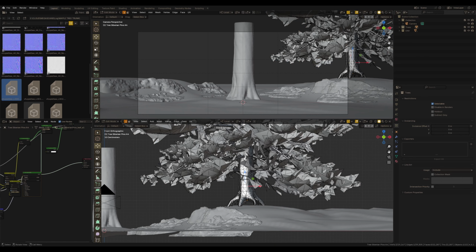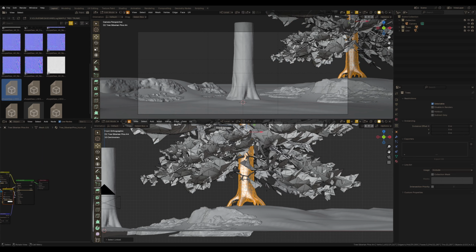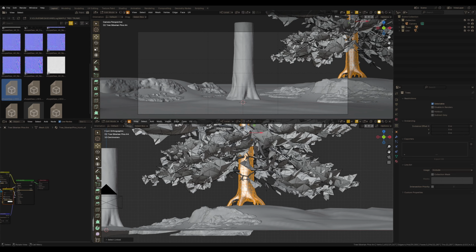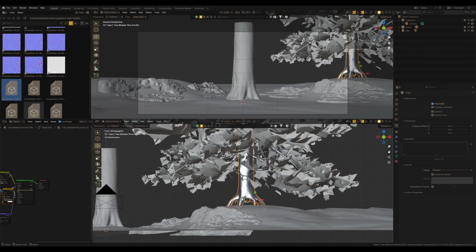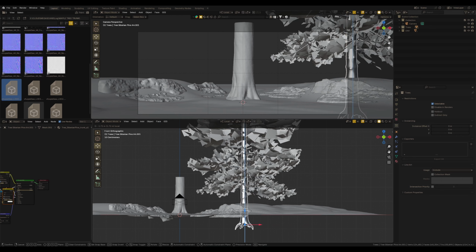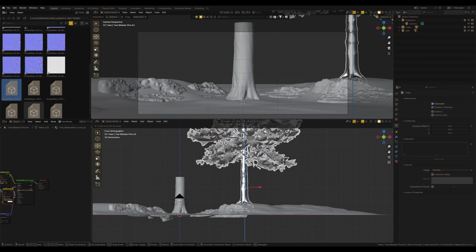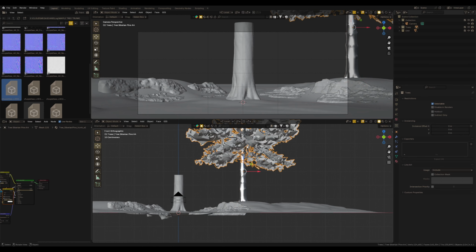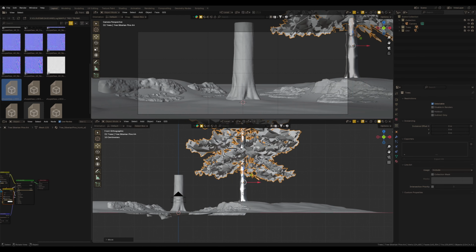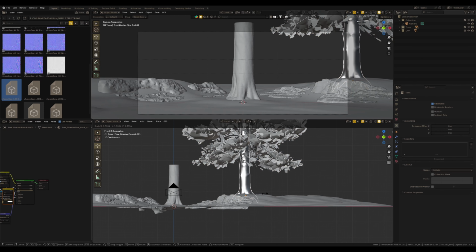I go in Edit mode. Here I can select just the trunk. Press L to select the entire trunk, and then press P to separate the selection. Now I can move this trunk independently and slide this foliage up. Most importantly for this scene, I can scale the trunk separately from the rest of the tree to match the look I want in my render.